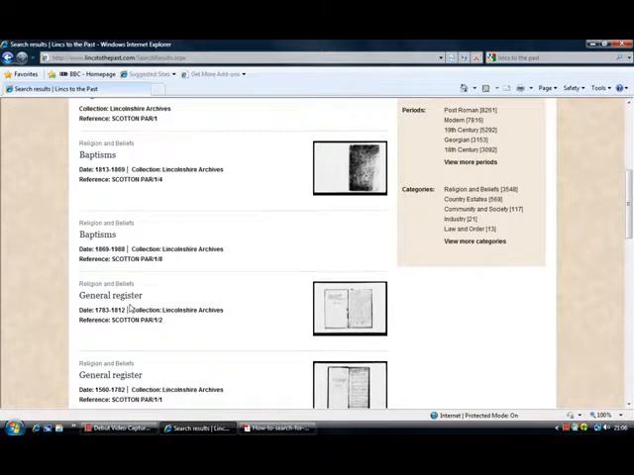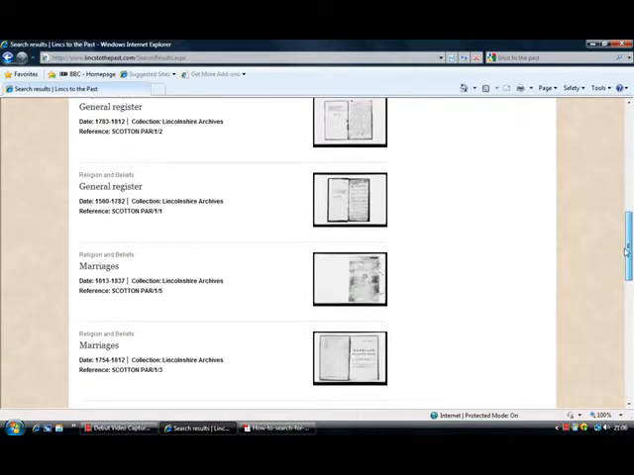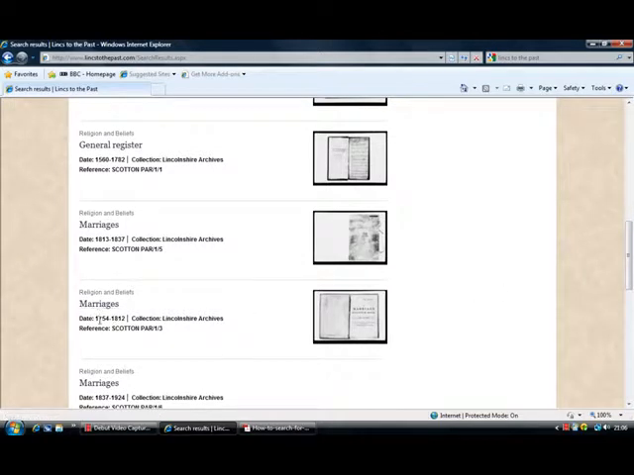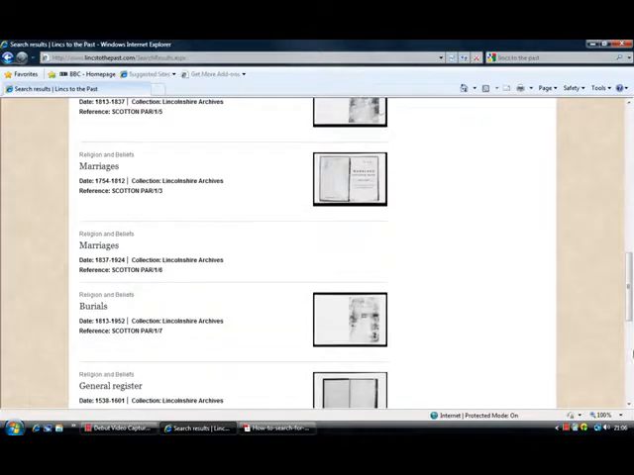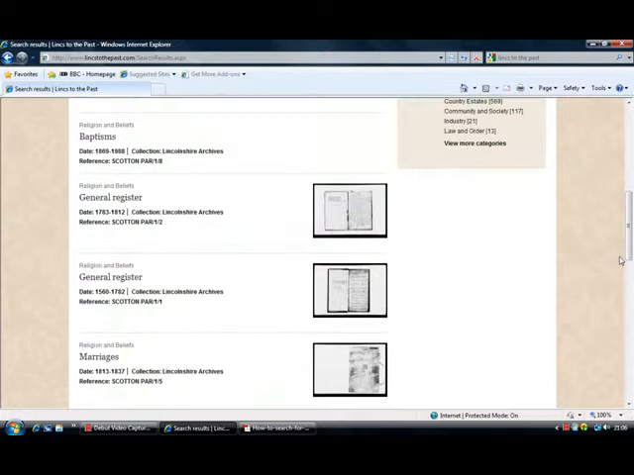Now, as I say, we've got a long list here of different types of registers. We've got a general register, baptism registers, marriage registers, and burial registers. Generally, before the middle of the 18th century, you have general registers. That's where all the marriages, baptisms, and burials are listed in the same book. In the mid to late 18th century, they tend to divide out, so you've got separate marriage books, burial books, and baptism books. Okay,